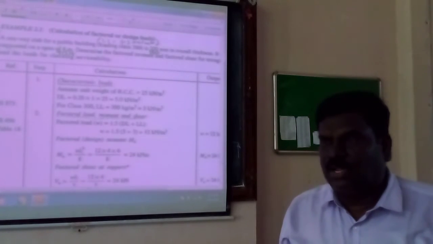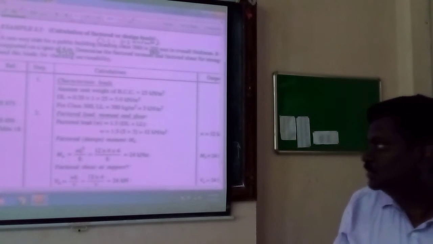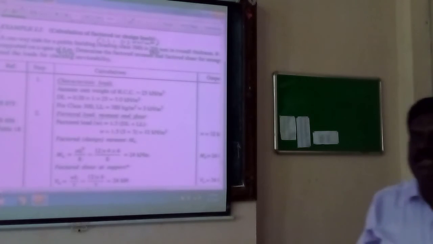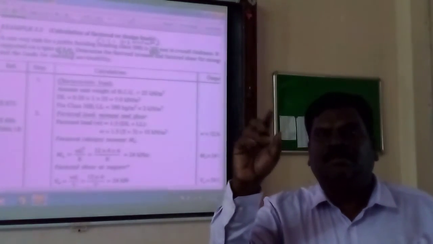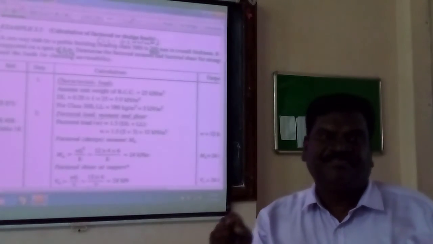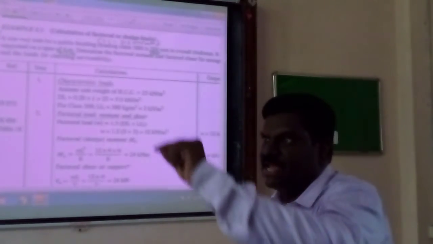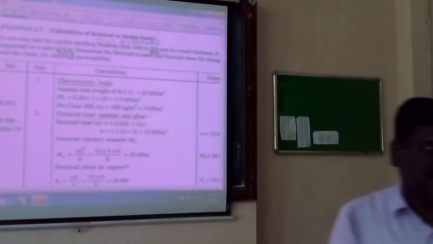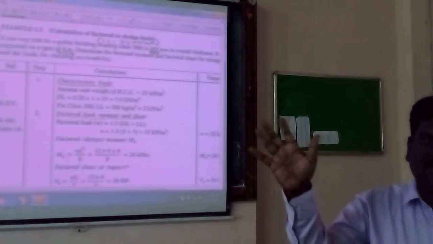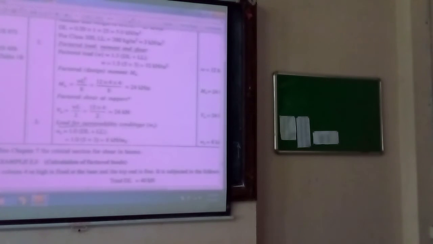Your W you got 12, into L 4.5, divided by 2. Compute. That's all. You have computed. Okay, you put this. I forgot to tell you the notation. For ultimate shear, you put the notation capital V suffix U. Similarly, for ultimate moment, you put the notation capital M suffix U. You know, it's an elementary level problem, just to give you some awareness on that.